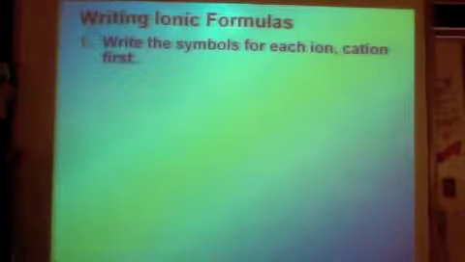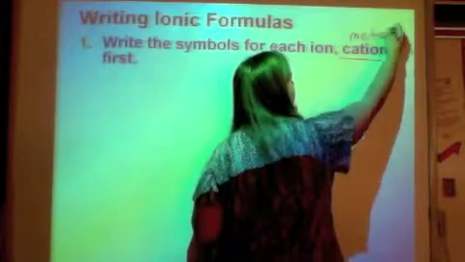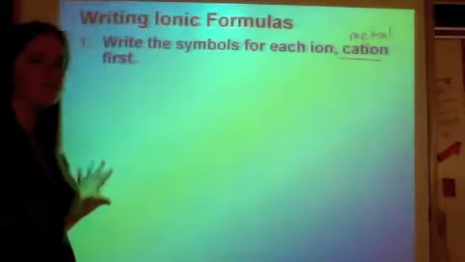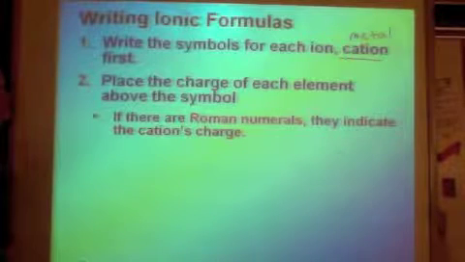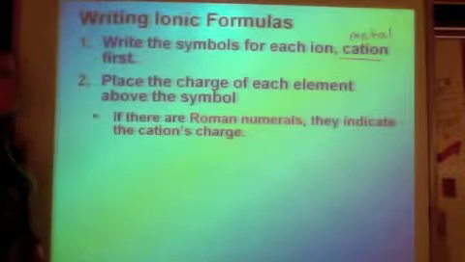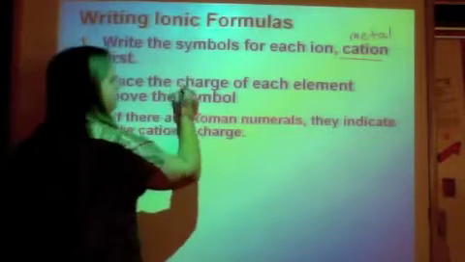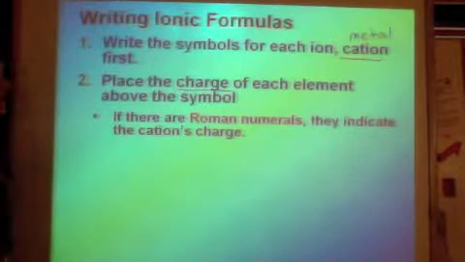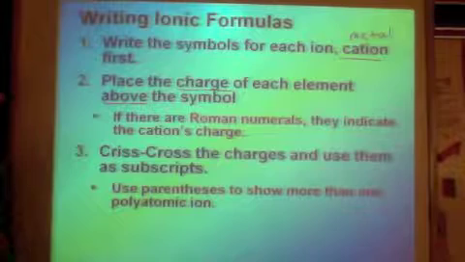First, you write the symbols for each ion with the cation first. Remember, cation is the metal, so the metal will always come first. Place the charges of each element above the symbol. If there are Roman numerals, they indicate the cation's charge. So you write the symbol, write the charge above the symbol,